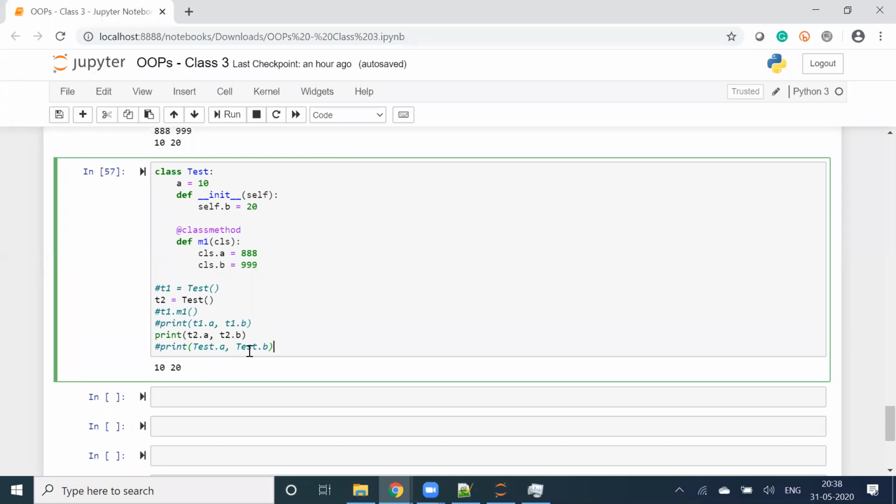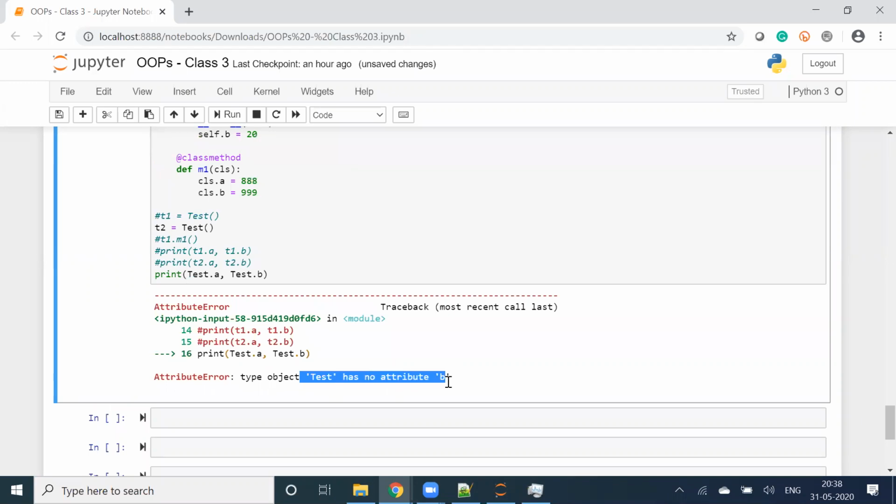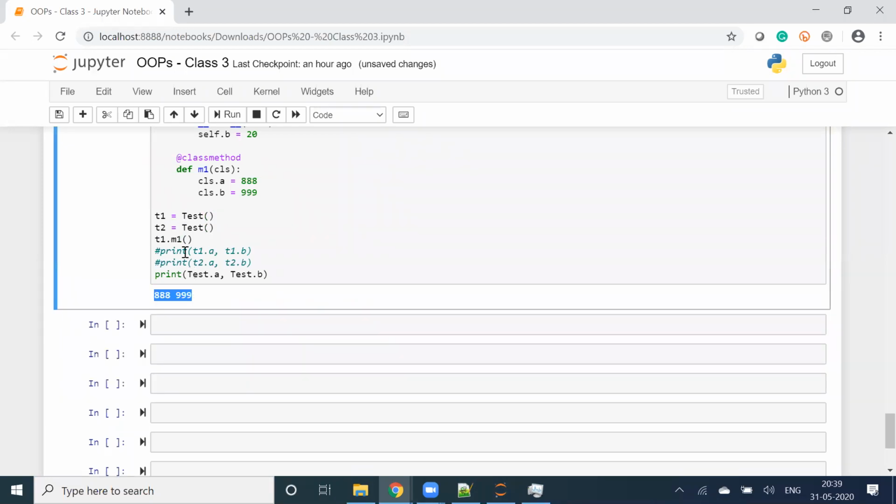Next example. I am giving this many examples so that you will be able to understand end to end what is going on. Now tell me what will be the output of this: Test.a, Test.b. Test has no attribute b, because this is hard coded as of now. Let me unhard code, remove. Now it will come, because Test.b will give me the static variable.